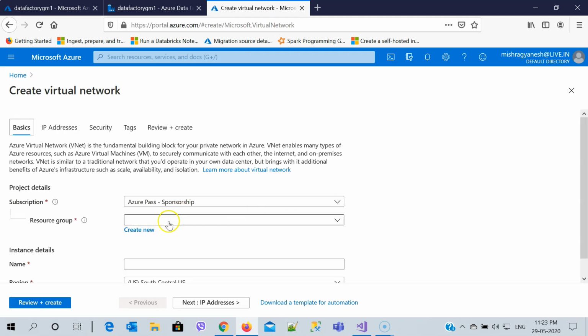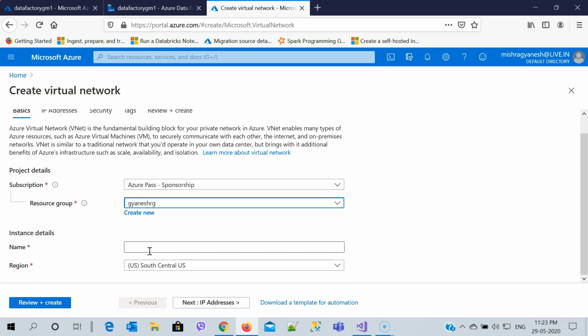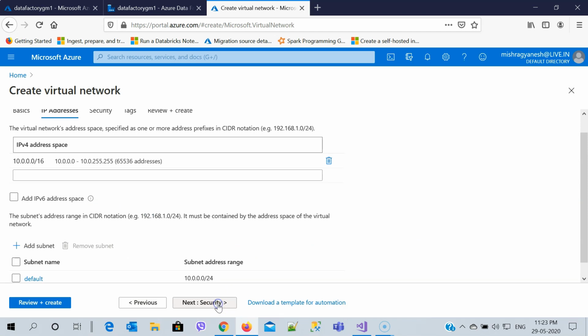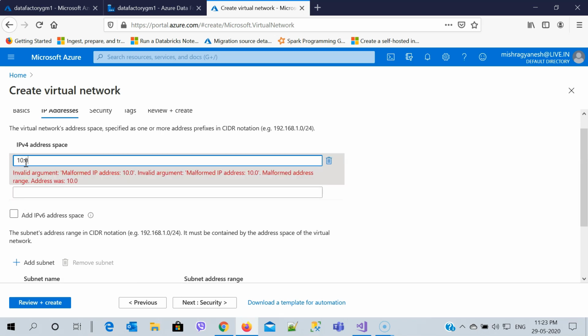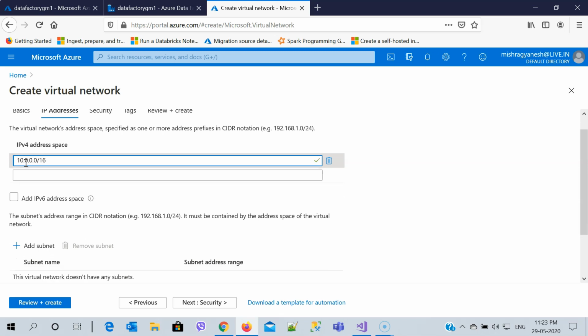I'm going to select the same resource group, and the name is going to be factory VNet GM, and then I will go to the IP addresses. In the IP addresses, I will set up the IP address at my convenience. So I'm going to use 10.0.0.0 slash 16.